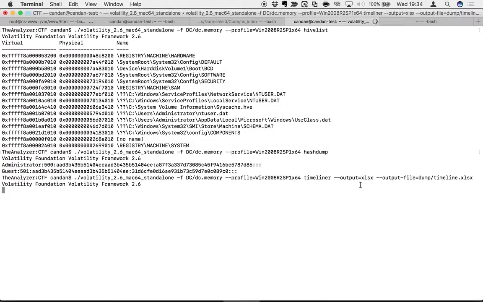Timeliner. So we have a lot of things in our hand here. I need to see them in chronological order, so I can better analyze this. Timeliner stands for exactly this purpose. It's going to create an Excel file here. So the output is going to be